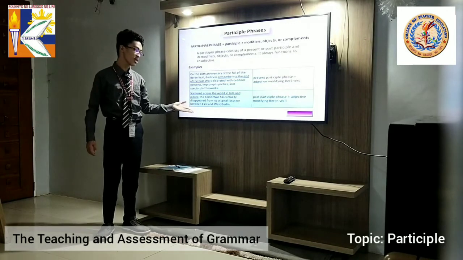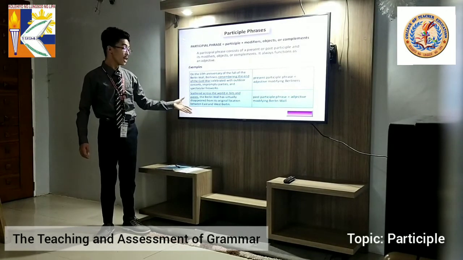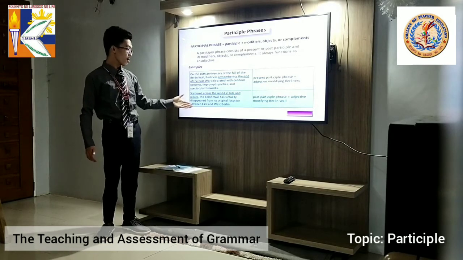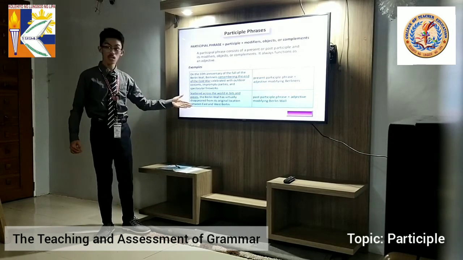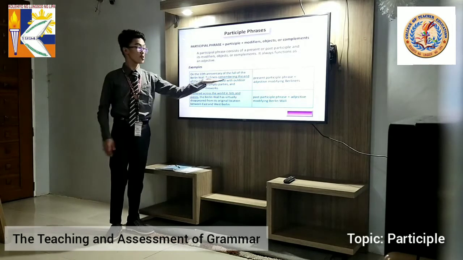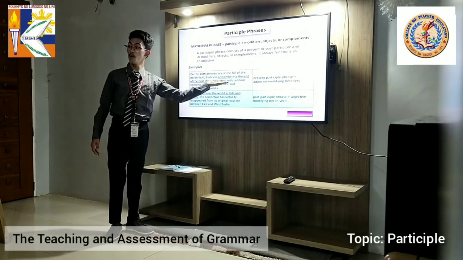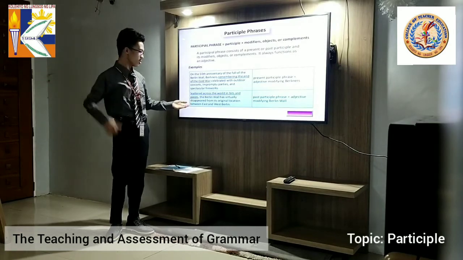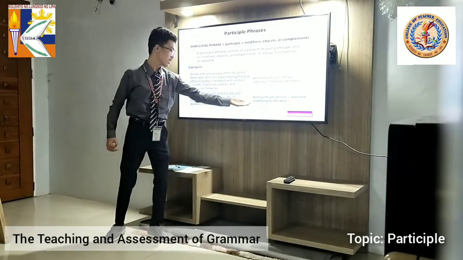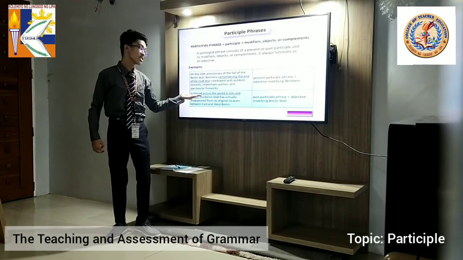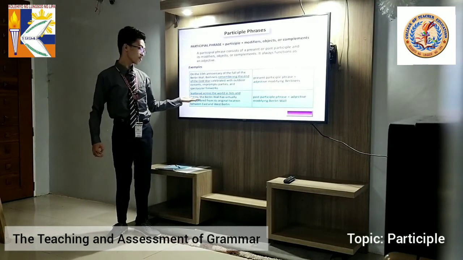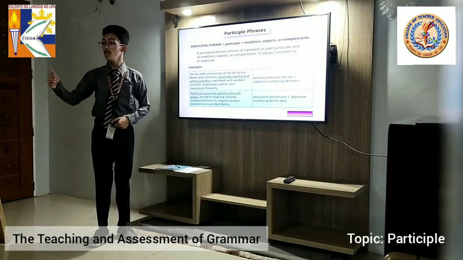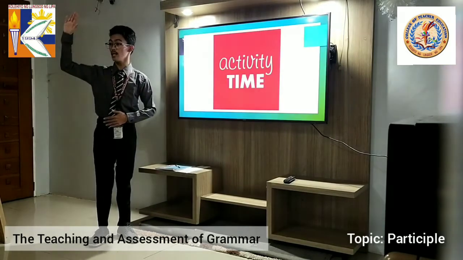Scattered across the world in bits and pieces, the Berlin Wall has virtually disappeared from its original location between East and West Berlin. Okay? In our first example, we used present participle. How about in the second word? We used past participle. Very good. In the past participle phrase, scattered is the adjective that describes the word Berlin Wall. Okay, do you follow? If you have questions, just raise your right hand, okay?